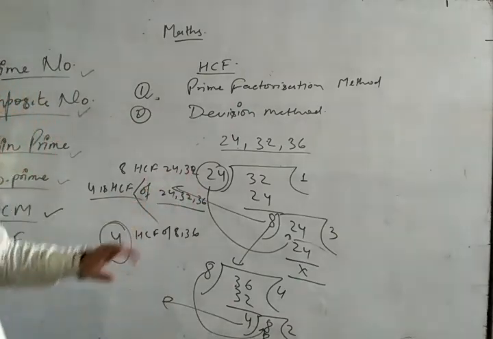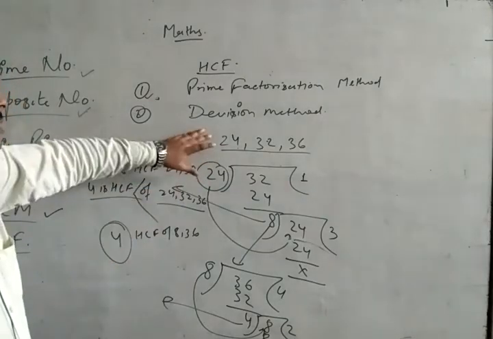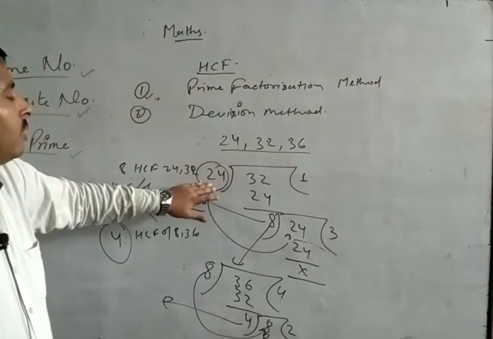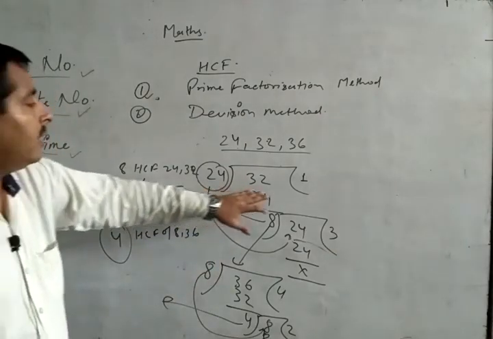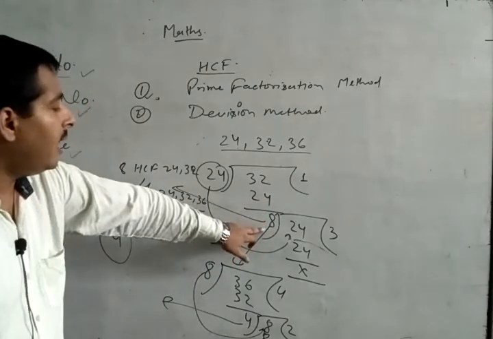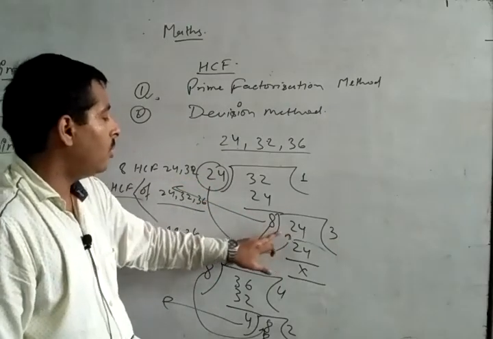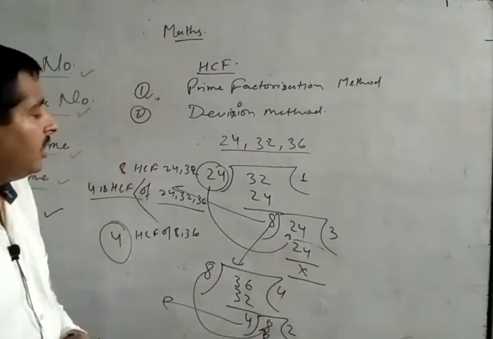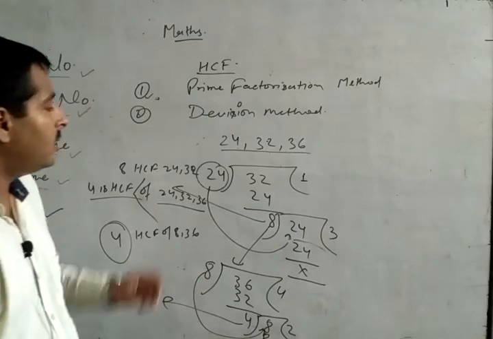Take a quick revision of it. Firstly, we recognize the minimum number of the numbers given, that is 24. Make it the divisor and divide the next number by it. We will get 1 time and it gives you remainder 8. If there is any remainder, we will divide the previous divisor by the remainder. Means we will divide 24 by 8. It gives you 3 times and remainder nothing. If there is nothing in the remainder, then the divisor will be called the HCF of those numbers.